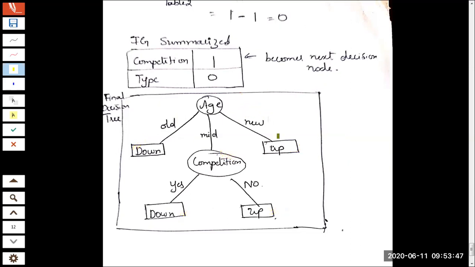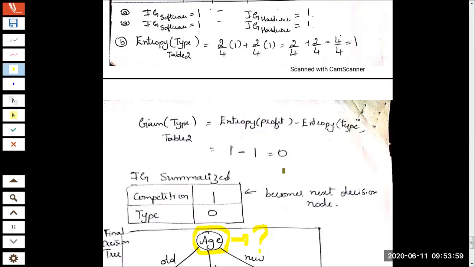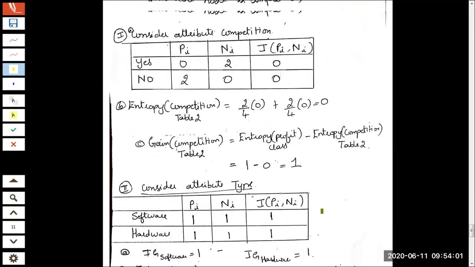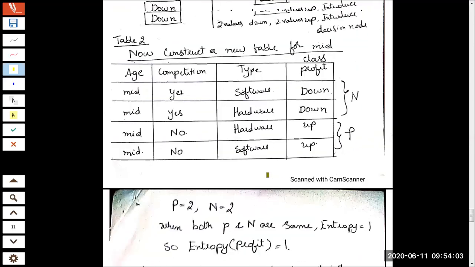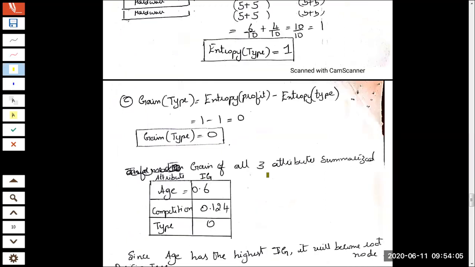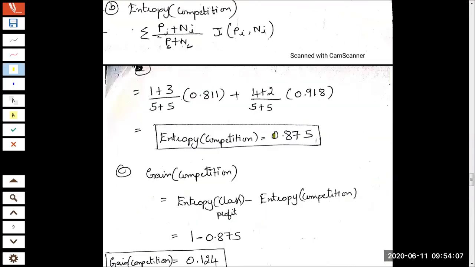Now, the first question in front of you: how did you decide age should be the root node? Okay, so this is the first question. We will go step by step. How you determined this? So that is what I was taking you to that point where there was some issue because of which it disconnected.